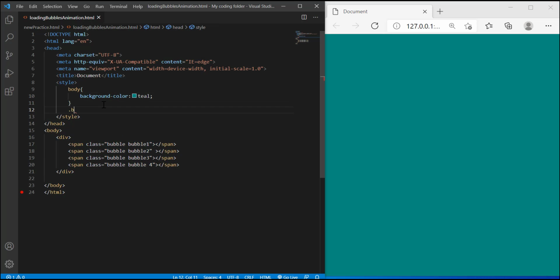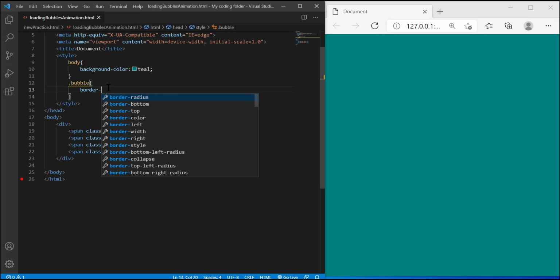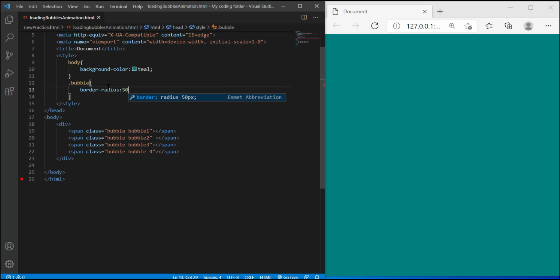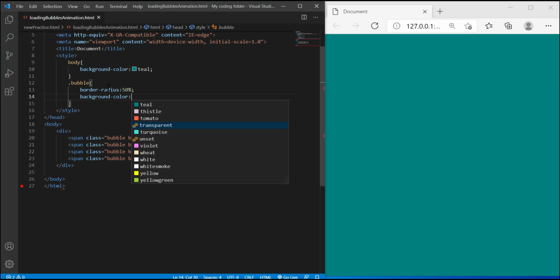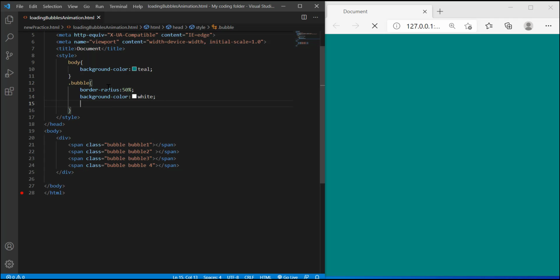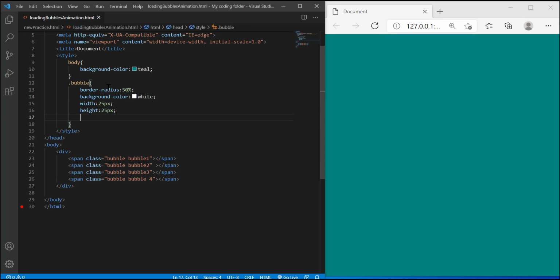And the bubble, you also don't have to make it a circle. You can make it any shape you like, but I'm just going to use a circle to make it easier to see, because all this is really up to you. But you can mess around with the values and see how it looks when you experiment along with it. And I'm going to make the bubbles white, so background color white, width 25 pixels, height 25 pixels, margin 7 pixels,